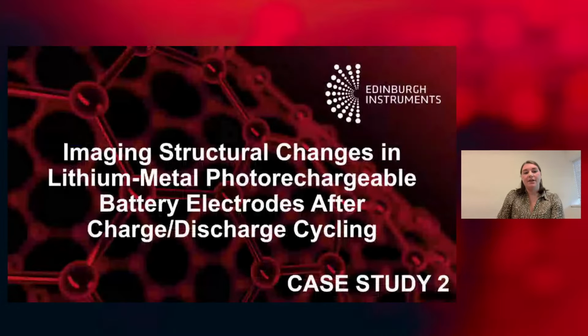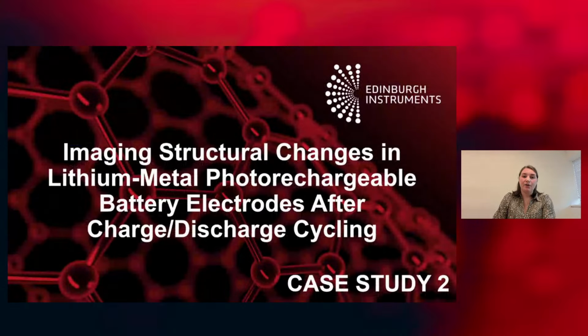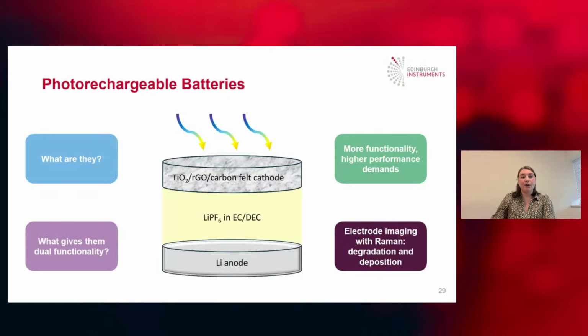So moving on to case study 2, this is imaging structural changes in an electrode after cycling. In this work, our customer was looking at a photo-rechargeable battery. These have dual functionality because they harvest solar energy as well as storing it directly as chemical energy. This dual functionality is achieved through the photoelectrode because it performs 2 roles. The first is to act as a light harvesting material, and the second is to simultaneously function as a standard